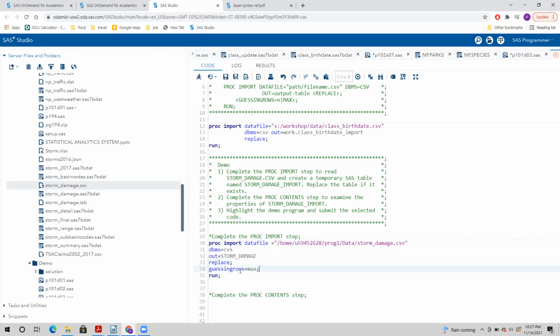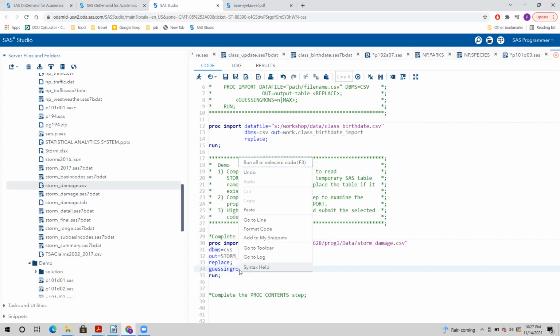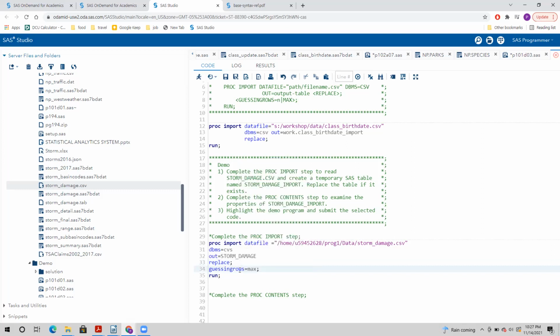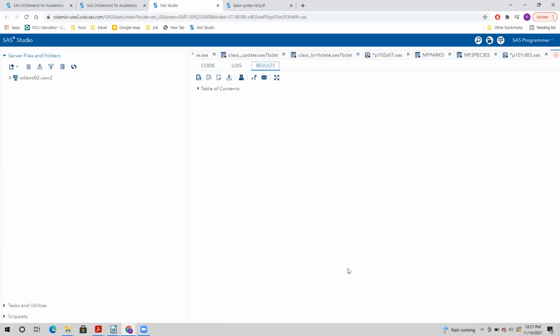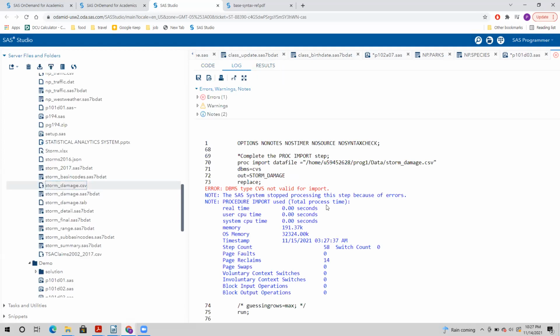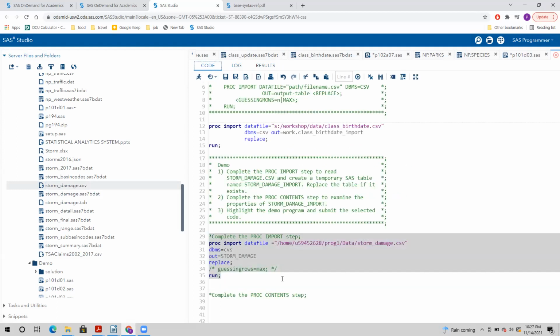This is all fine, so there are no issues with the program. CSV, why is it not telling? Syntax is all correct.